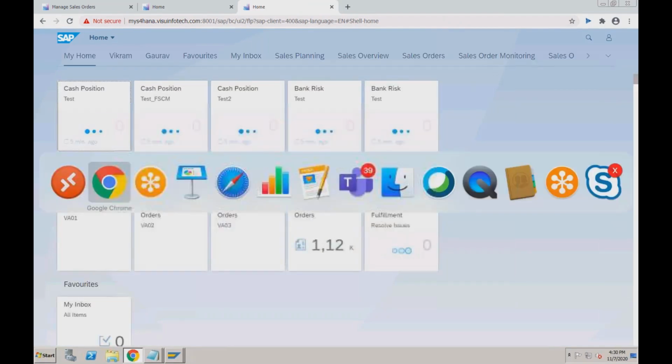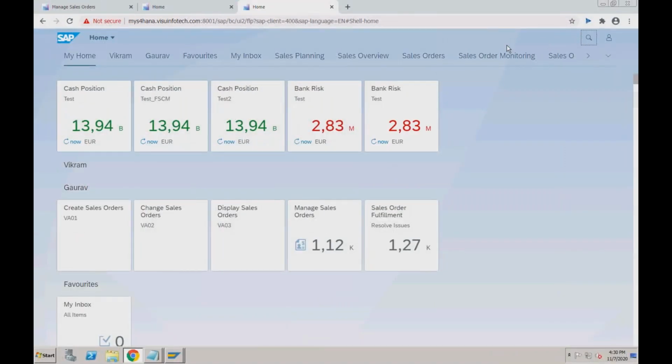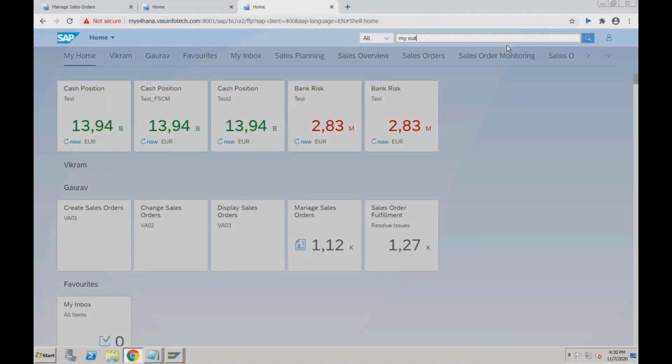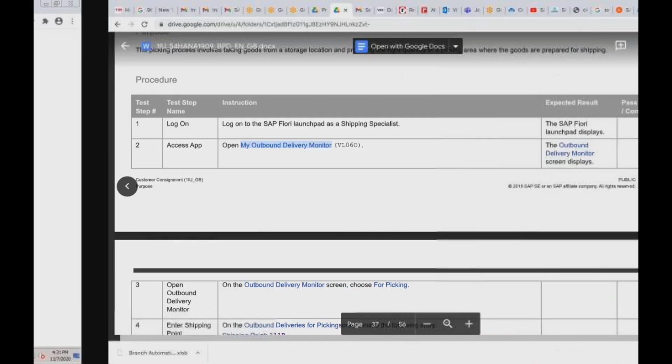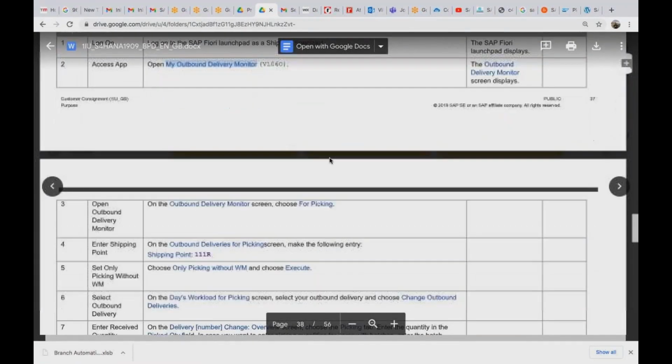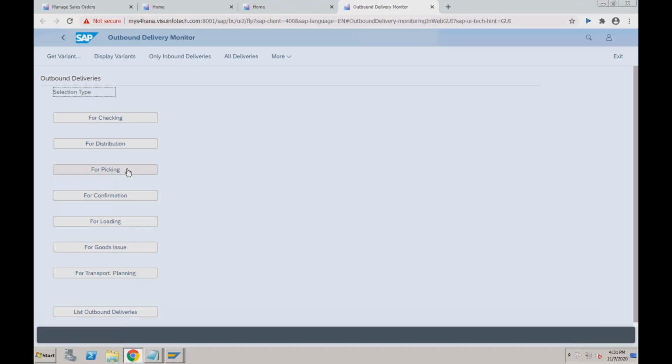And what was that? My Outbound Delivery Monitor. Okay, what should we do here? So go to My Outbound Delivery Monitor. Next is choose for picking, enter your shipping point, only pick without WM, which is you are not using warehouse management. So for picking,